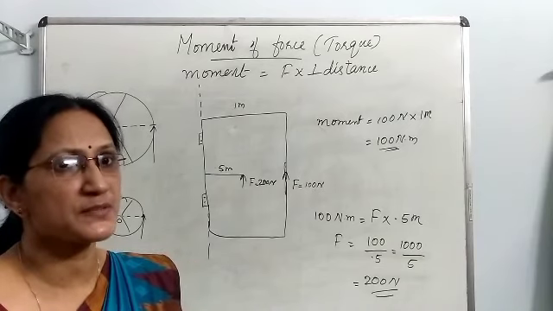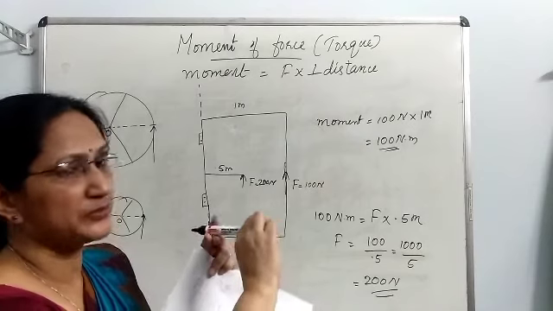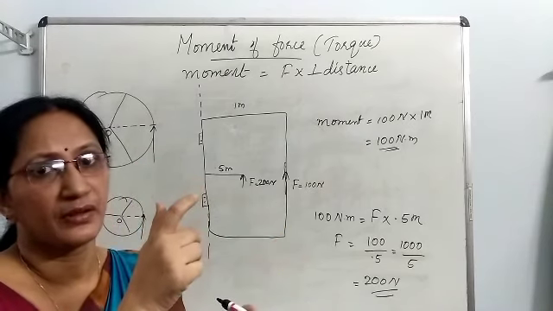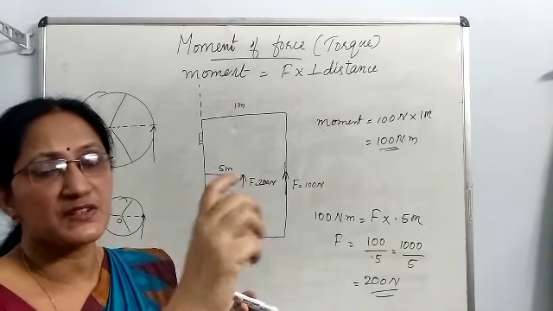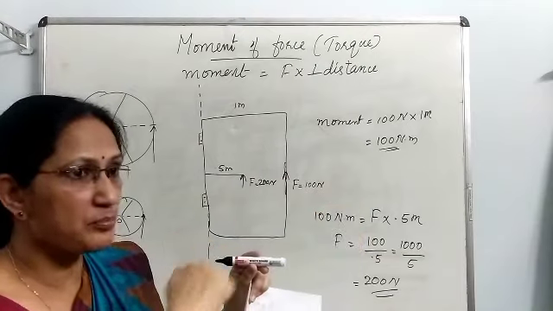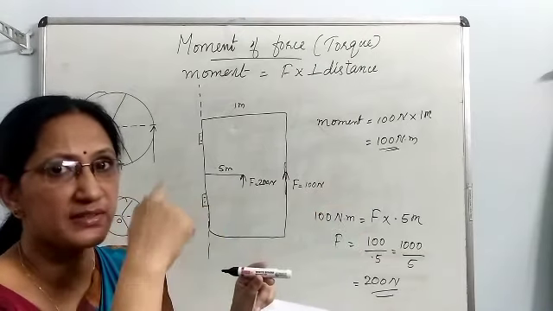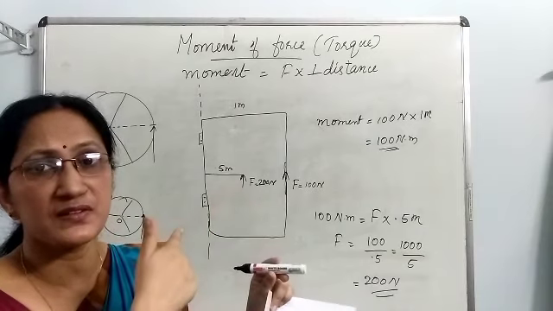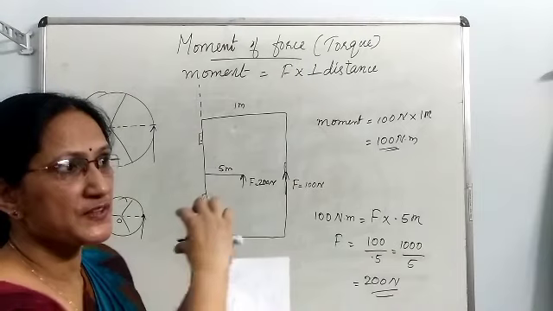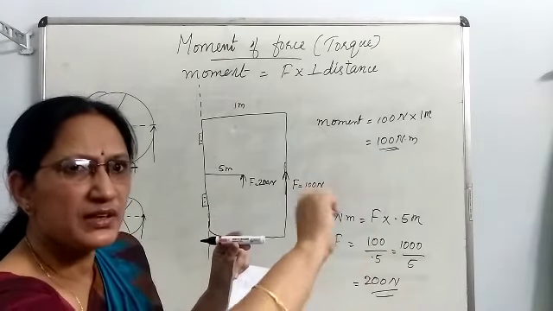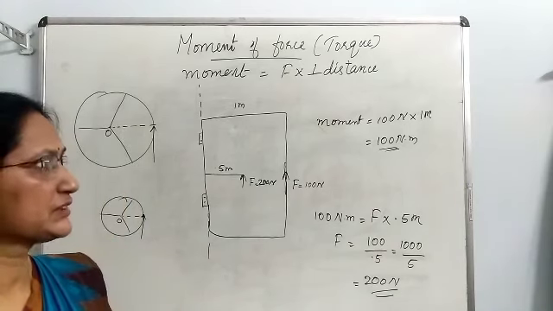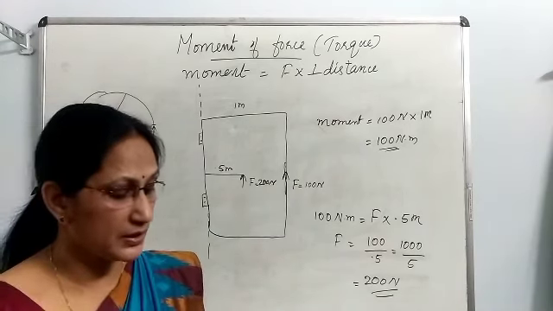when we use a spanner, we hold at the edge of the spanner and the nut is the body which gets turned. Okay, so the distance from the line of action of force to the turning point, the midpoint of the nut is the turning point. That perpendicular distance is more, which means with less force you can turn the nut. So if you use a spanner with a long handle, with less force you can turn the nut. In all these examples, the same theory is applied.